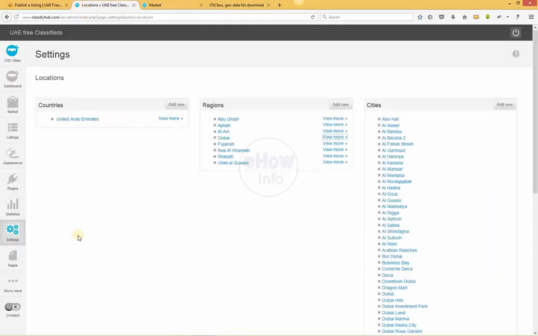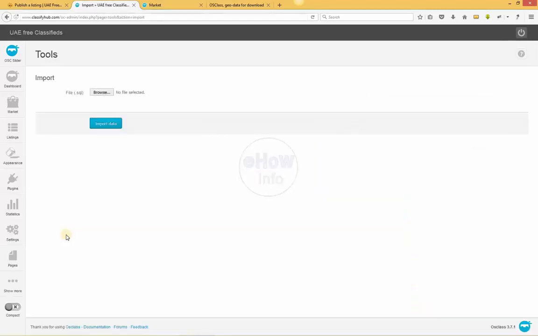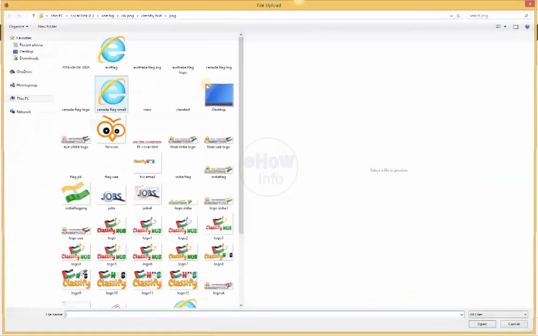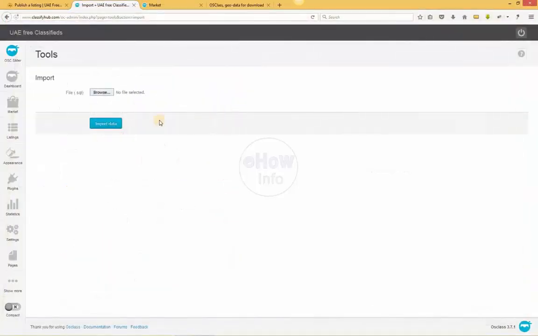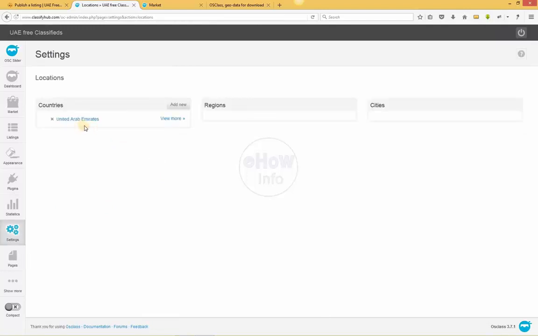How can we upload it? You can upload it through here, import data. Okay, so import data, you will browse that file and select it, and after import, it will be available here in your location area.